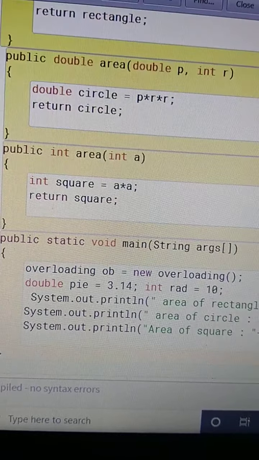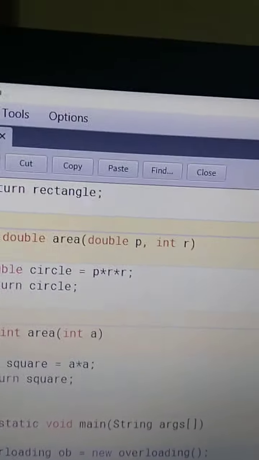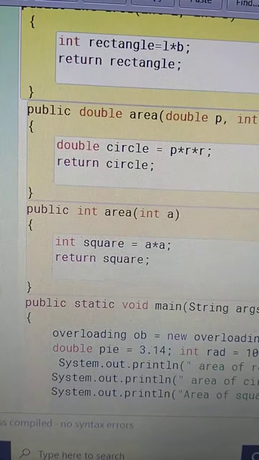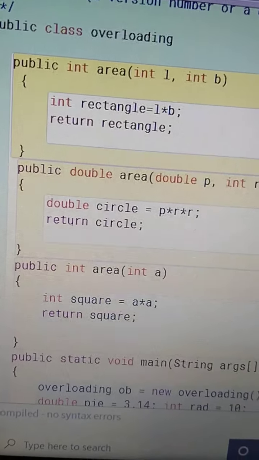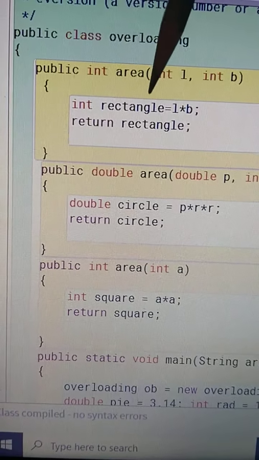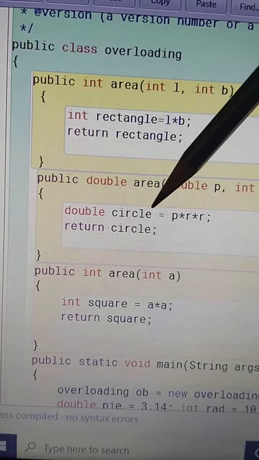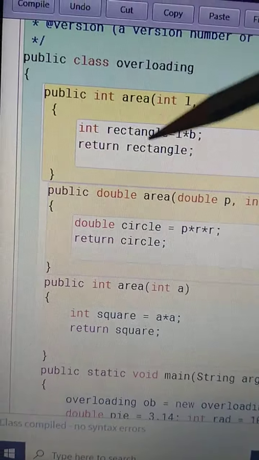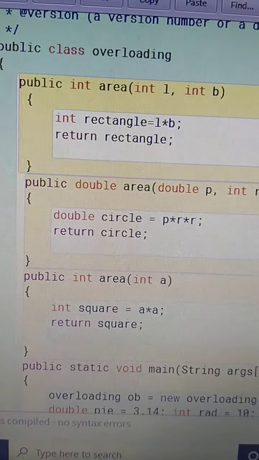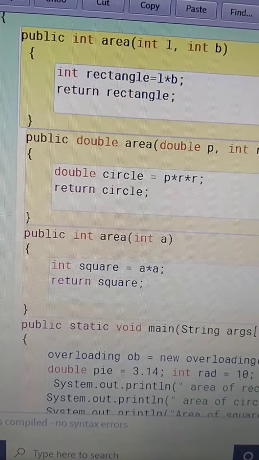I have written another program also, the same program but with a return statement. I will show the working of this also. Here, what I have changed is the return type. Instead of void, I have written int here because it is returning a rectangle value, an integer value. Here it is returning a double value, so I have changed the return type. Here it is returning again an integer value, so I have also written int. The function execution will be the same, but I am just showing you with the example of return. Okay, the same process will happen.